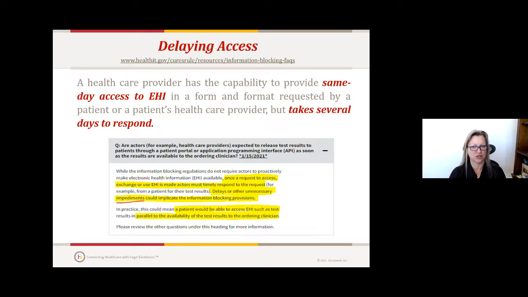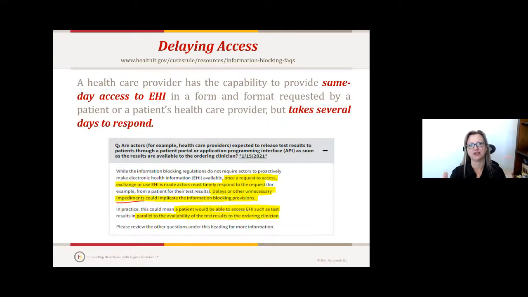So that answered one question, because everybody was asking, do we have to push all of the EHI into patient portals now? All of it, all at once, irrespective of whether or not they're asking for it? And ONC said, look, we're not requiring you to proactively make EHI immediately available. Now, there's a caveat there that I'll circle back to towards the end of the presentation, because it's not that simple. It depends, to some extent, on how you hold out your portal and what you've promised to patients. But let's start with that as a premise.